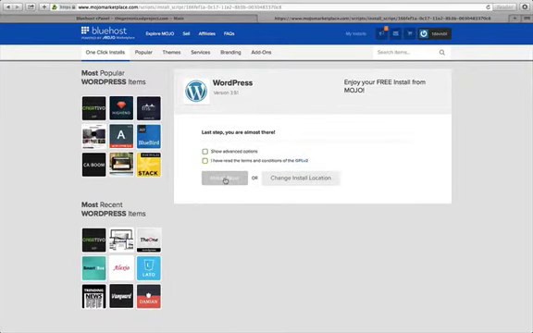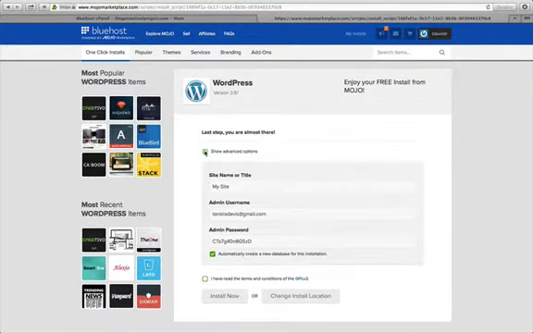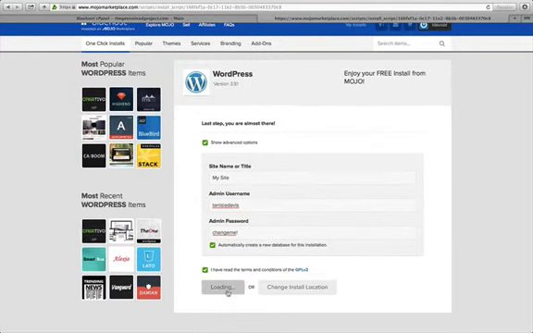This is optional. I personally like to see the advanced options so I can pick what my admin username is and my admin password. This username can only be changed once at the beginning, so I'm just going to change it to my first and last name. And the password I'm going to update to something that I can remember. Alright, once we have that, I'm going to go ahead and click that I read the terms and conditions and install now. Once we've clicked install, it'll tell us that it's loading, and it will also expand a top menu